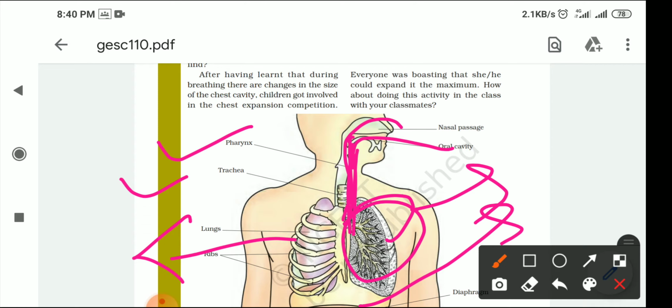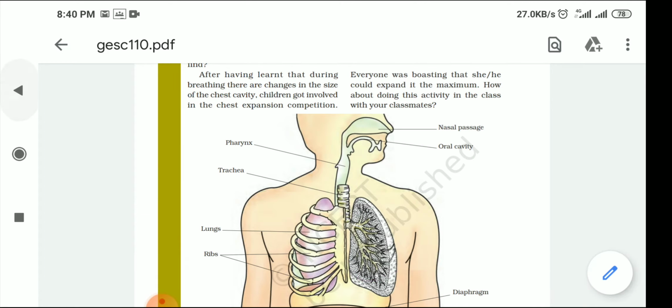So you should know this phenomenon, when the diaphragm goes inside and outside, and the same with the rib cage going inside and outside. So in inhalation, the rib cage goes outside because the air takes up space, and the diaphragm goes inside. Same when we are exhaling, the diaphragm comes outside. Okay, your lungs will contract, they will shrink. Okay, so this is basically the process of breathing and how we actually respire.